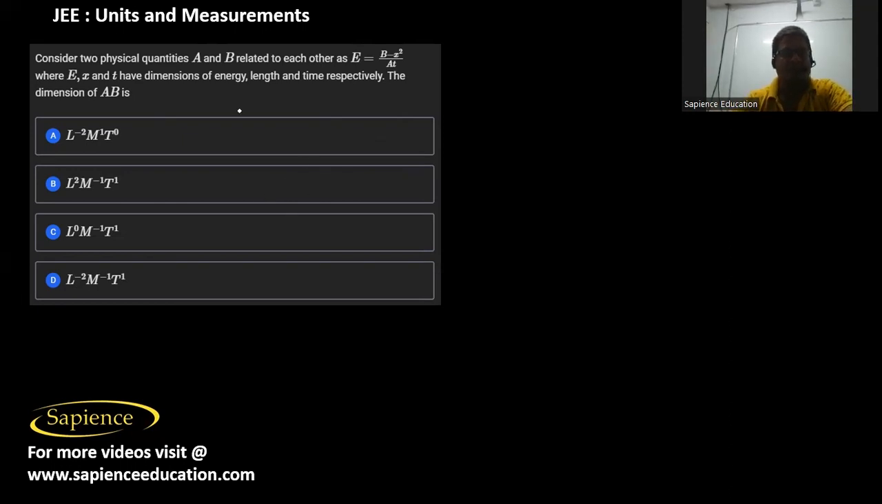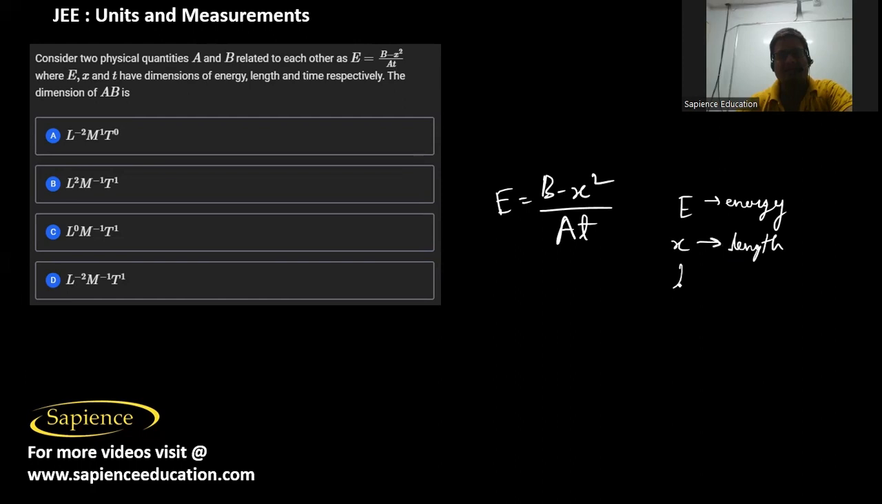So here it is told that consider two physical quantities A and B related to each other as E equals B minus x square by At, where E, x, and T have dimensions of energy, length, and time respectively. So it means E is the energy, x is a length, and T is the time. Then the dimensions of AB is. So therefore here we can see that